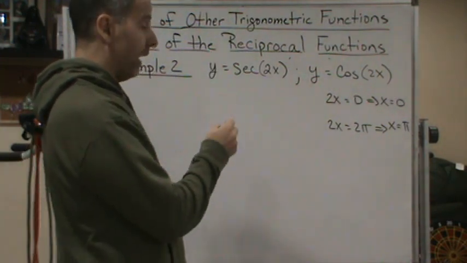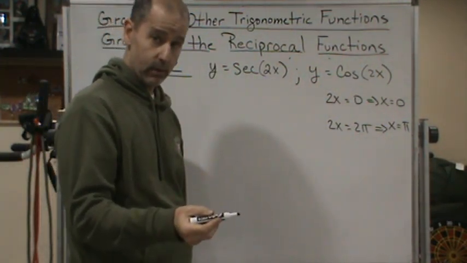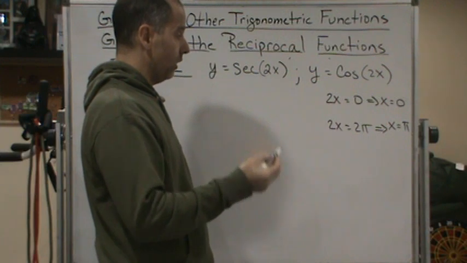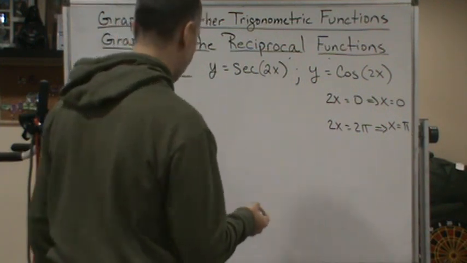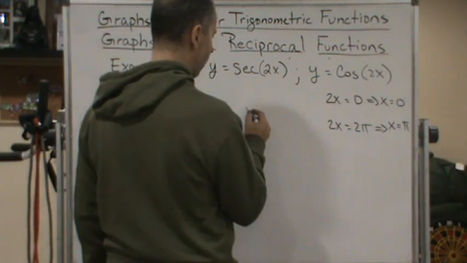Okay, we're going to divide that interval into fourths, right? So that means each fourth is going to be pi over 4, right? So 0, pi over 4. So our 4 points that we're going to graph,